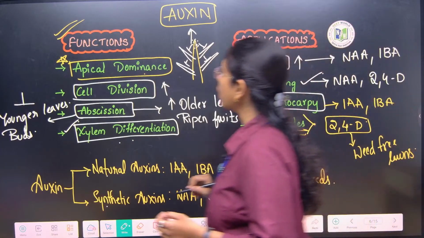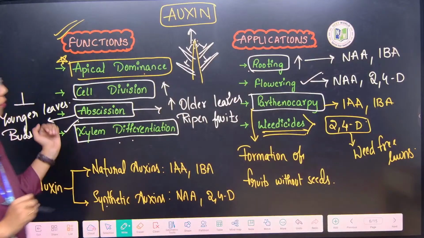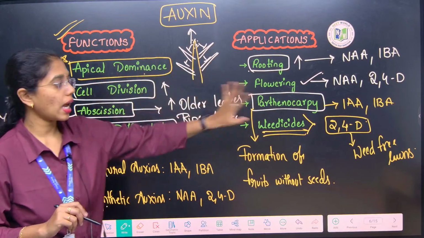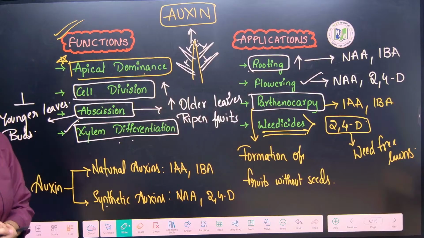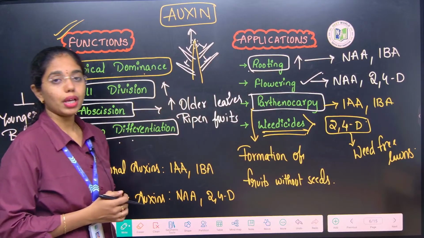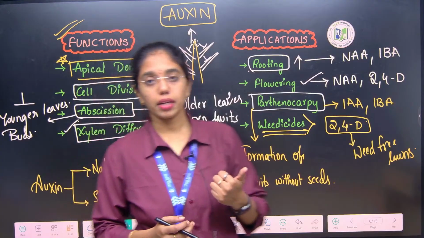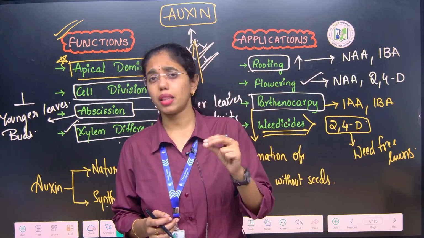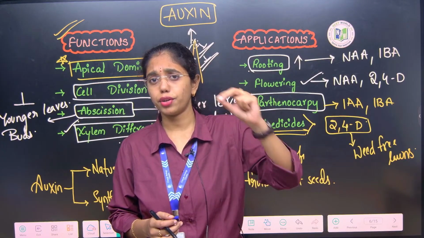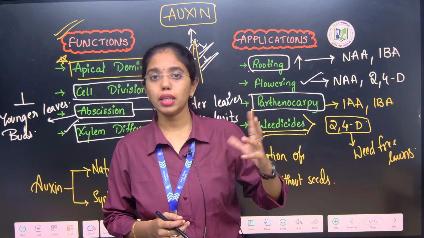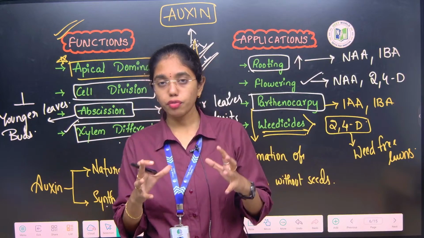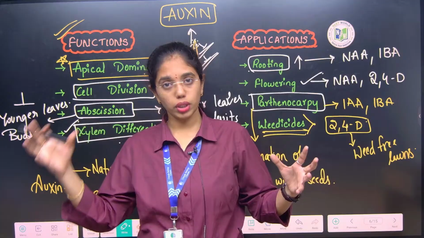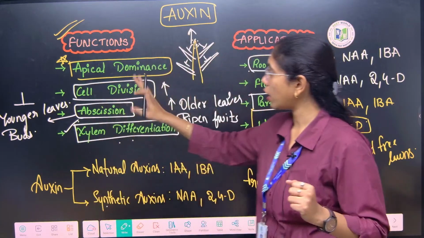Clear right till here? So, these are the functions. First you have to know types of auxins, functions, and these are the applications of auxins. Second point you have to remember is the discovery part, precursors and derivatives of auxins, which are the major part of every phytohormone, that you will be learning in the NCERT 11. As of now, remember what are plant growth promoters, plant growth inhibitors, and what are the functions and